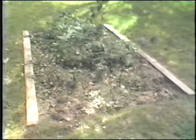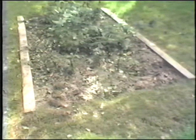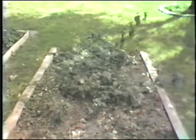You might have remembered me showing you a few pictures of the raspberries right after I put them in the beginning of the summer. They did not do too well. I lost half of my raspberries, but the ones that have taken now will spread rapidly. And one other new improvement back here is a tree pit around the apple tree. Cobblestones. The apple tree was a very big disappointment this year